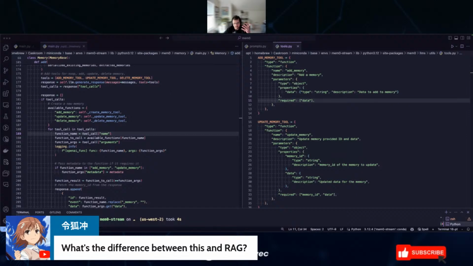With the tools, you're telling it, hey, I have implemented these tools, and based on my prompt, tell me if I should invoke any of these tools. And if I should invoke them, tell me the name of the function and tell me the arguments that I should pass to that function, right? So it's a way to, I guess, extend the LLM, right? Because LLMs can't necessarily call functions for you, right?